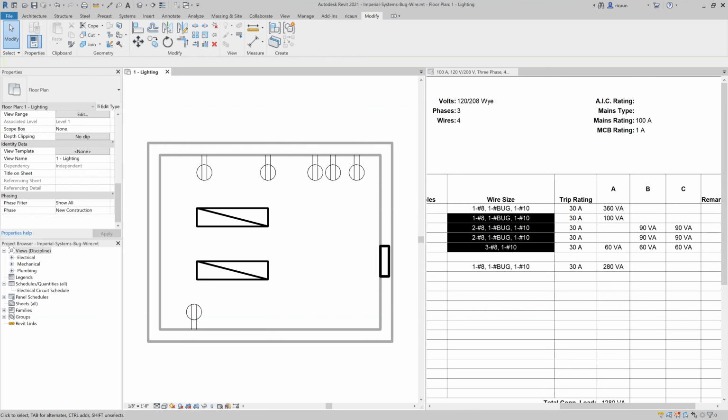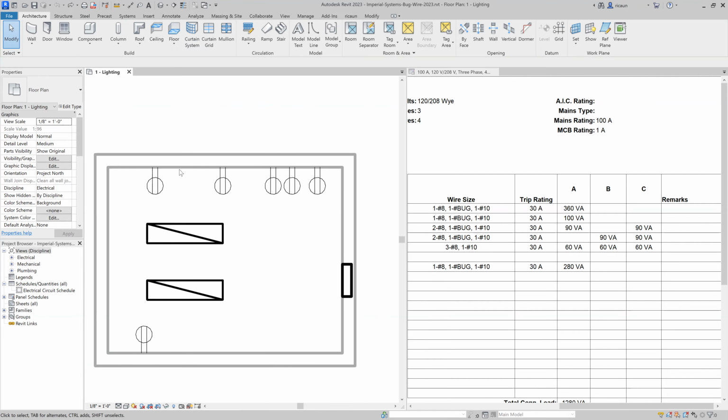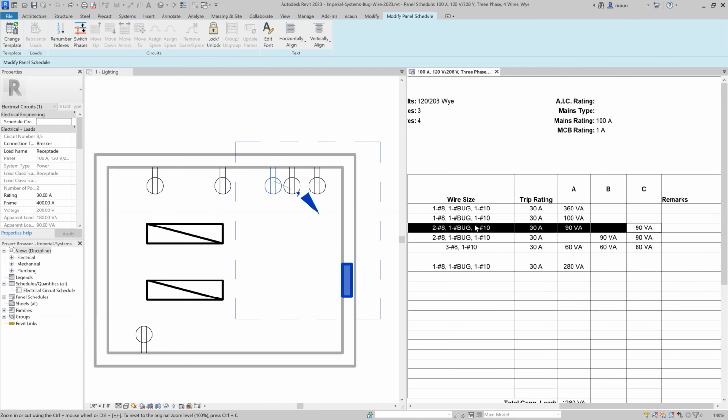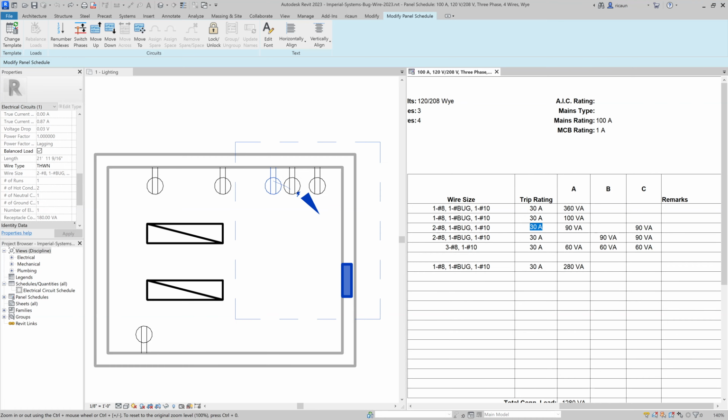Let's go to Revit 2023 with the same project. I just imported it to this new version, and by default it's showing like this. But if I update this circuit, the not balanced circuit, changing this one to 21 and 30, and remove my neutral, now it's balanced and it's okay. It's looking balanced, but it does not update the wire. Interesting. But it's balanced now.